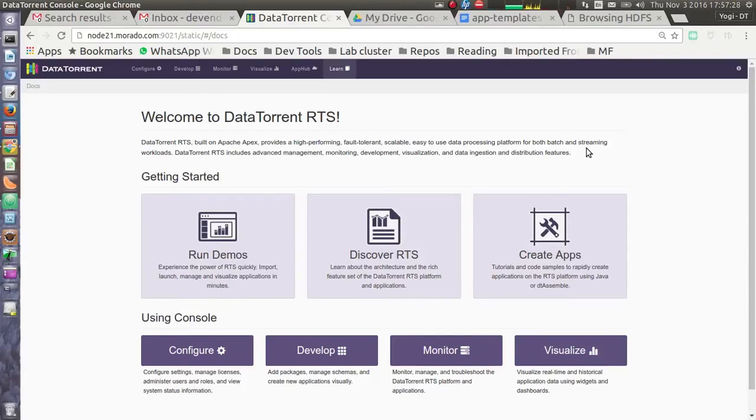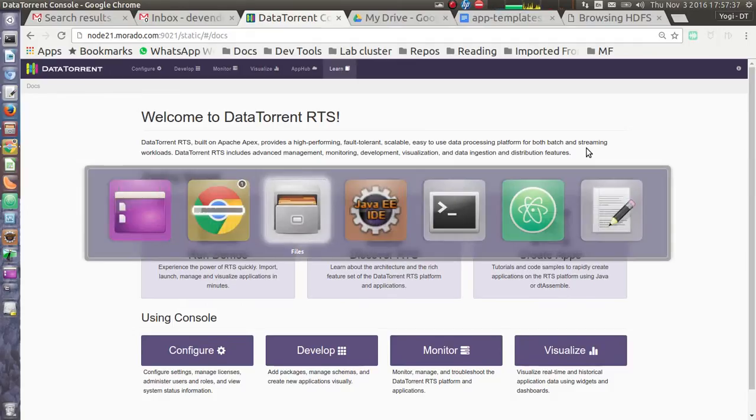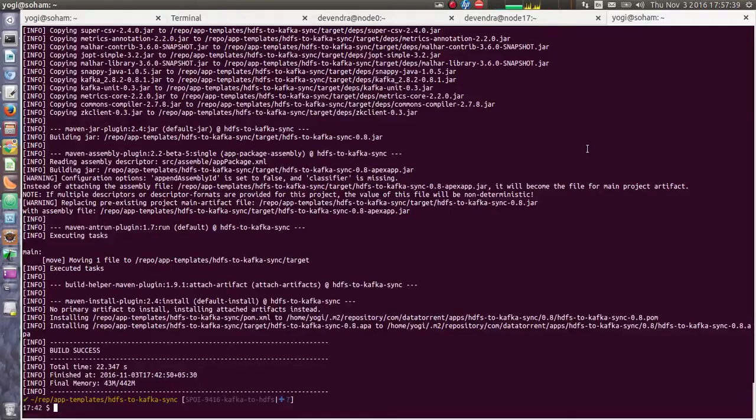In this video, we are going to look at how to customize the HDFS to Kafka app template. So I have the HDFS to Kafka app template Git repository cloned on my machine.